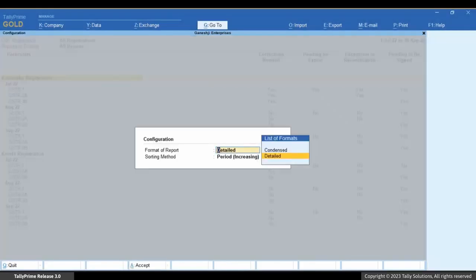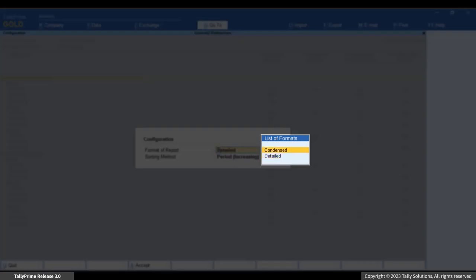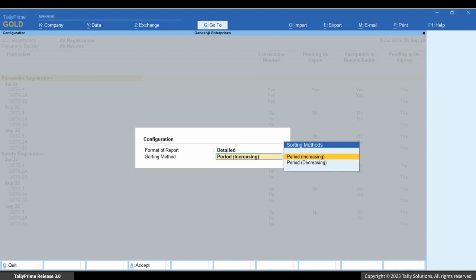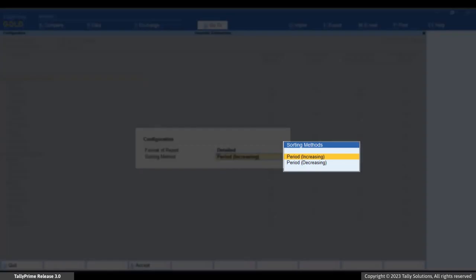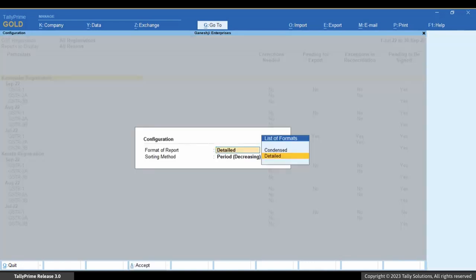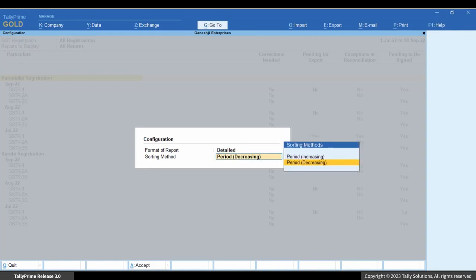As you can see, you can view the condensed or detailed report as required. And sorting method will allow you to sort the report as per return period. Select Period Decreasing and press Enter. You can view the report with the return in such a way that the returns for the latest period gets displayed on the top and the earlier ones below. Similarly, you can select Period Increasing to view the report with returns for the earlier period on the top and